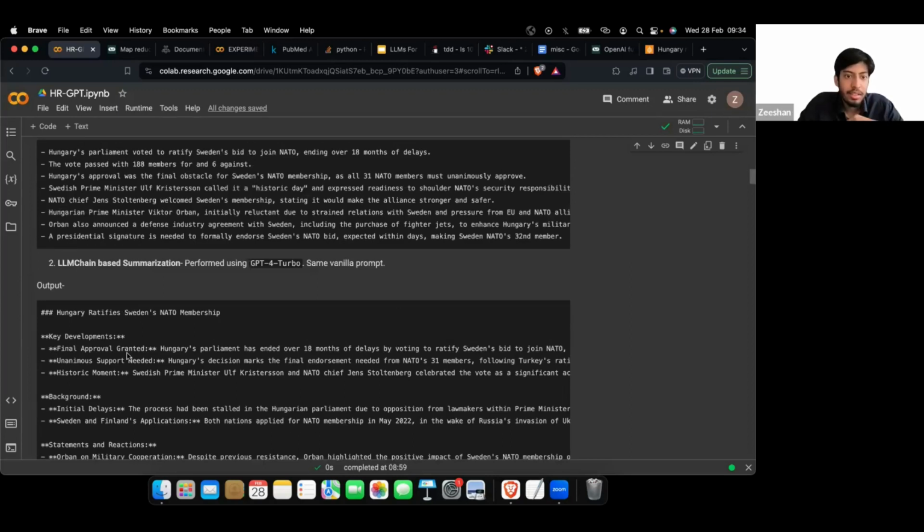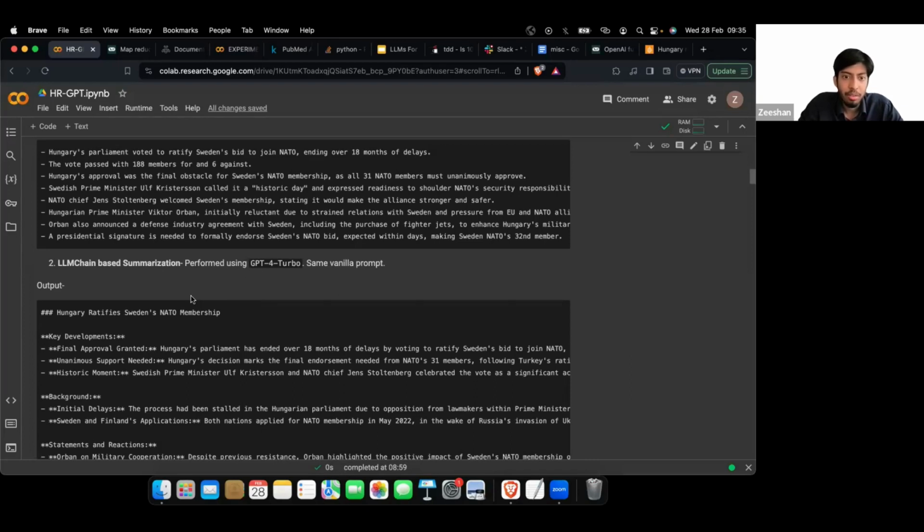Essentially, the major point here is that because of the wide variety of abilities that we have, obviously we don't have control over which model we are using in the simple Gemini or ChatGPT. Here we can have control over the model. Also, we can have control over temperature, which indicates how creative the model is.